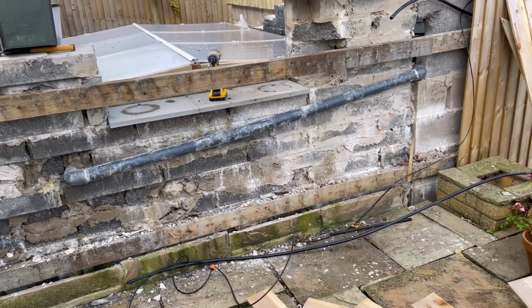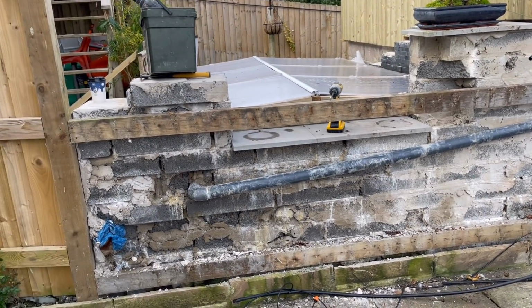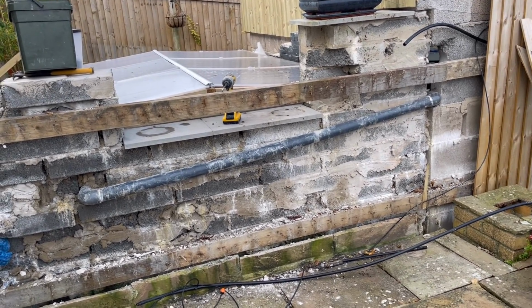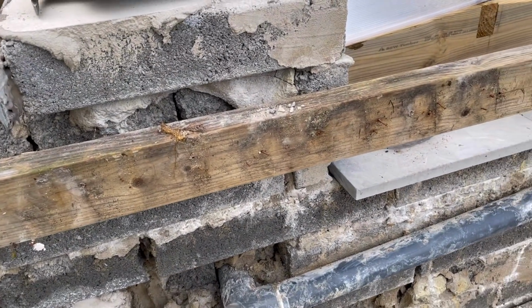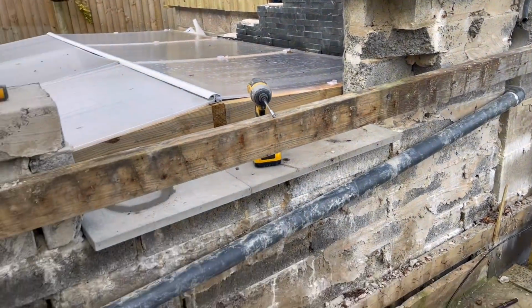Look at the mess that you make on the outsides of your ponds that you think is going to be covered forever. And then all of a sudden, it gets exposed and you're extremely embarrassed. But anyway, guys, this is the return into the pond. So as you can see, it's exposed. So I'm going to,